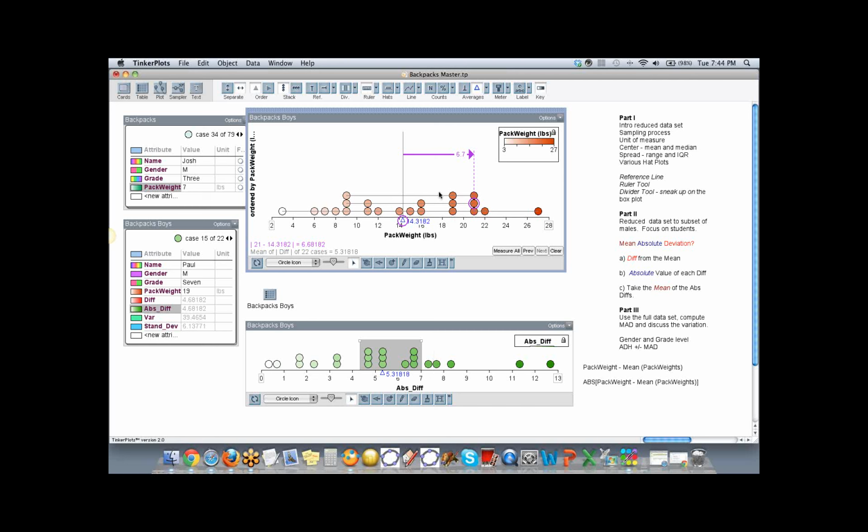Good. So I just ran this again to show the mean absolute deviation from TinkerPlots, from running the function with the ruler tool, and then the graph below. Something I did read in the directions in the help menu: I'm going to unstack this and order vertically, and let's move this out of the way.